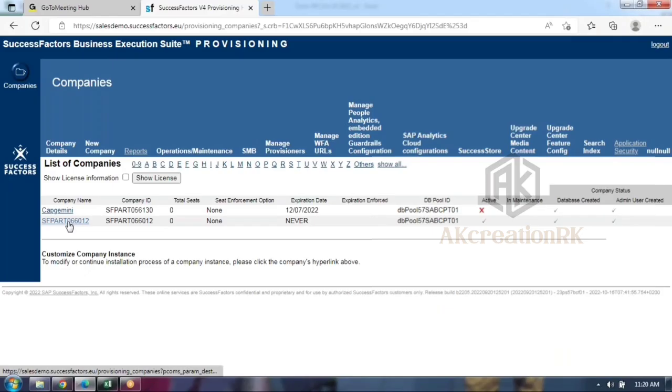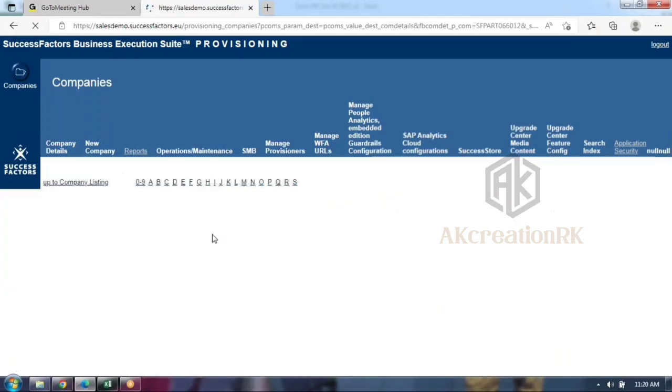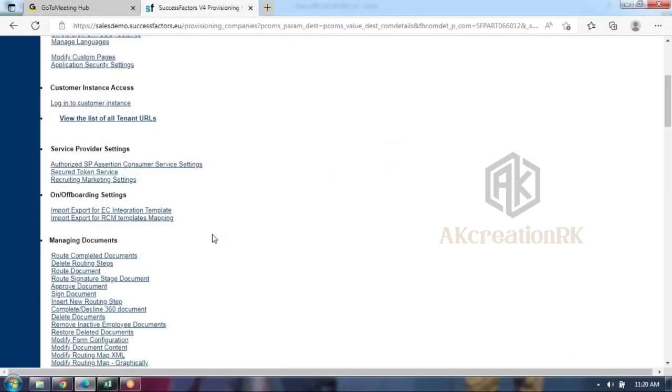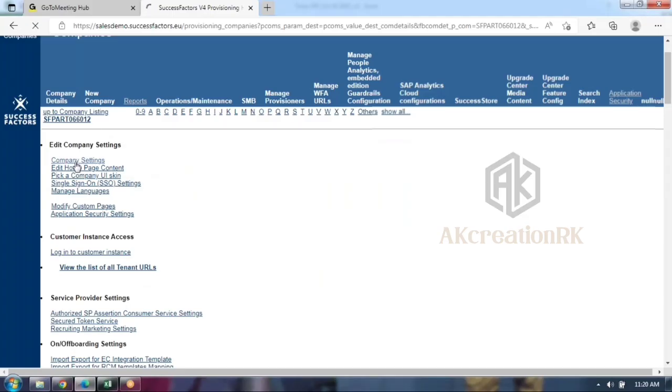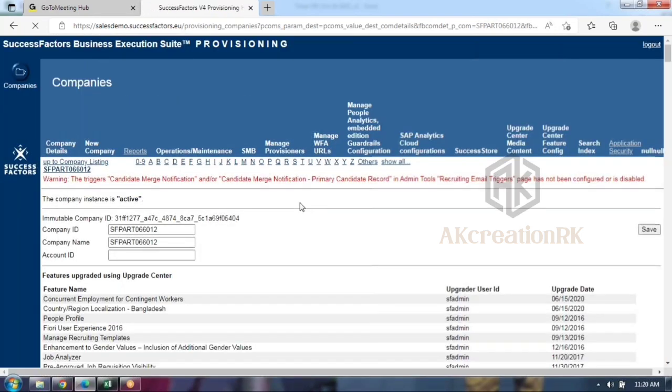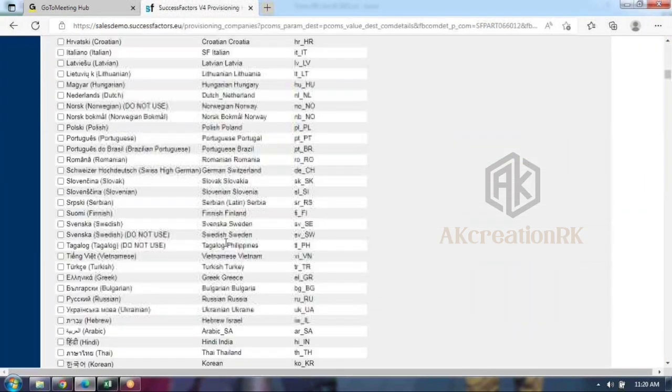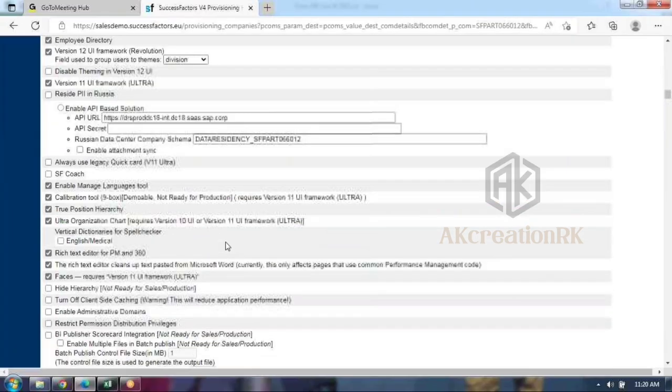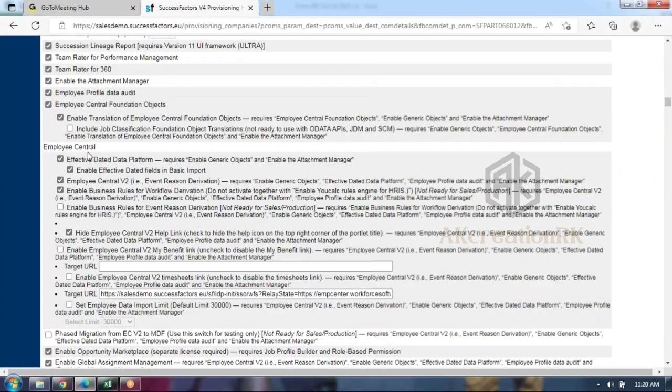Let me go by provisioning system. Under employee central level, these are the 5 subcomponents, guys. Click on company settings. So come down. Let me go by module specific. See, guys, this is the Employee Central we already came across in our last 30 plus sessions. So these are all the activation parts, guys. I will explain this module specific activation once again when we are jumping to the live session.